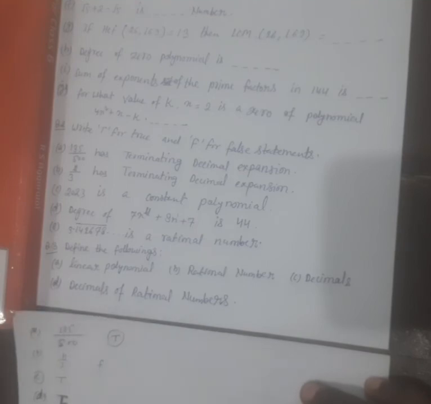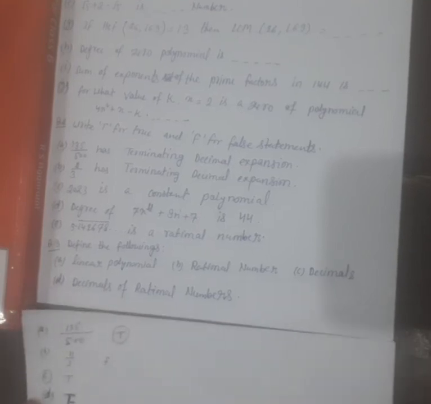Moving to the next, and see, these definitions are very important. In your upcoming unit test, you will not have this define the following terms question, but these definitions will surely help you in many questions, okay. So don't take it lightly. See here, the rational number. A number which can be written in the form of p by q is called a rational number, okay, and one which cannot be written as p by q will be an irrational number.